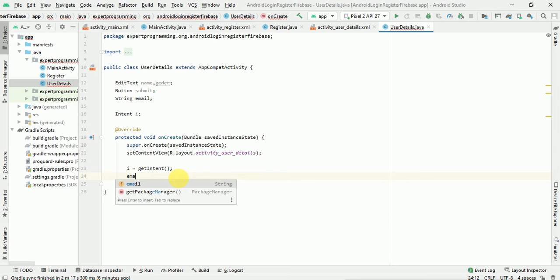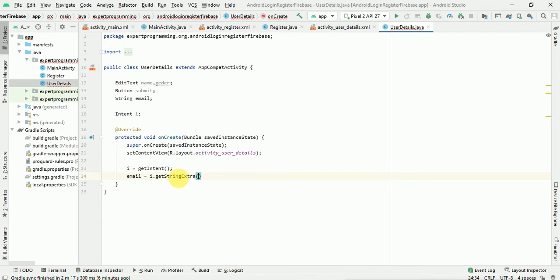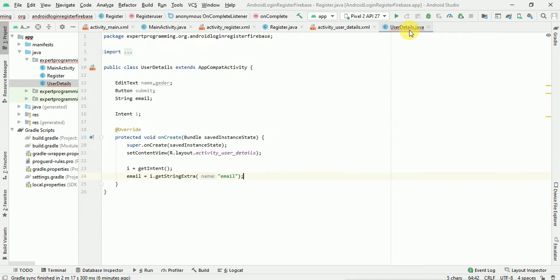So email equals i dot getStringExtra, and we'll pass the key value which we have provided over here. So we'll copy this key for the safer side and pass it here. So this will give us the email. Let's log this also.